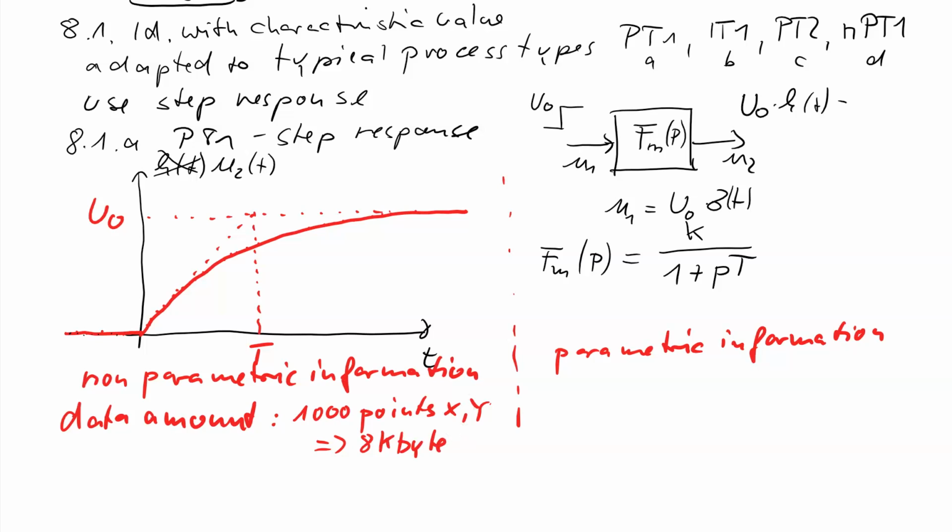The parametric information contains two values, two parameters. That is 8 bytes if one parameter is stored as a floating point value with 4 bytes. Then we have a data amount of 8 bytes compared with 8 kilobytes, so 1000 times more data amount but